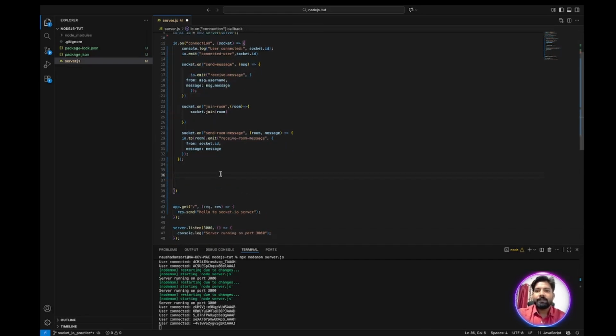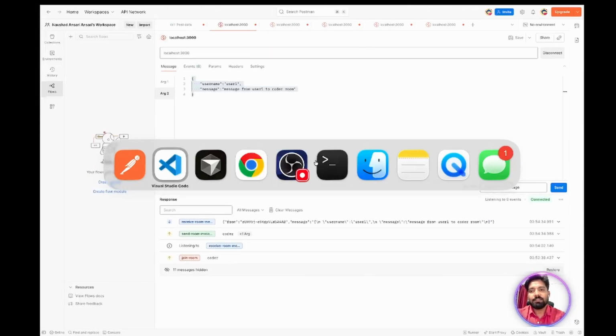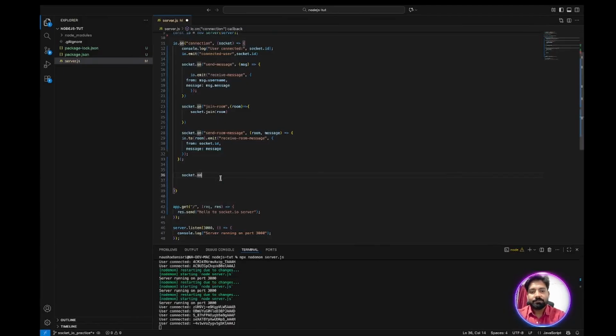Okay, so for private messaging, we'll create an event. Let's say send private message for sending, and for receiving, we'll create an event for receive private message. Okay, so how can we create it? We'll say socket dot, because we are sending from Postman from here, so that should be listened to by the sockets, right? And we can say okay send